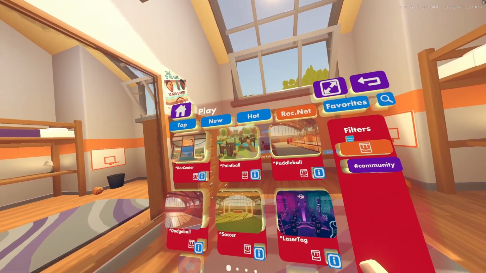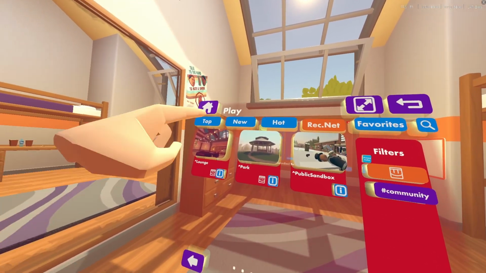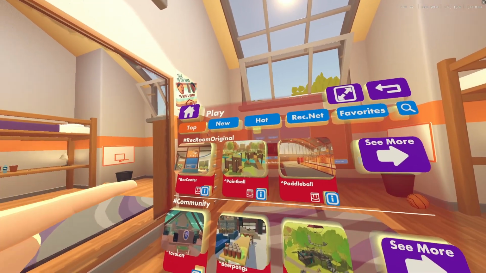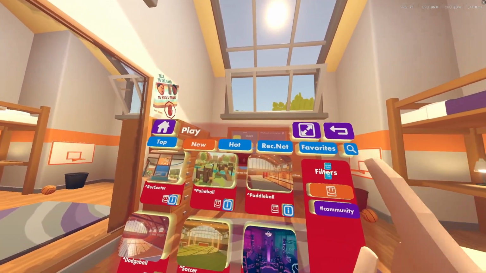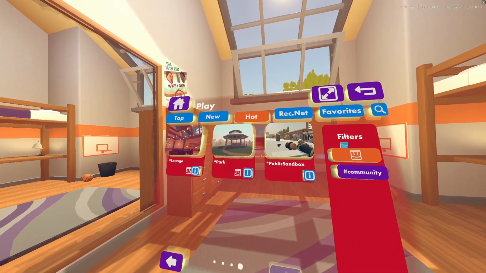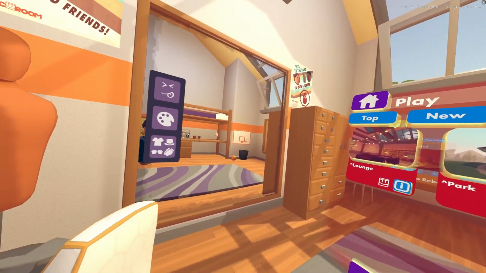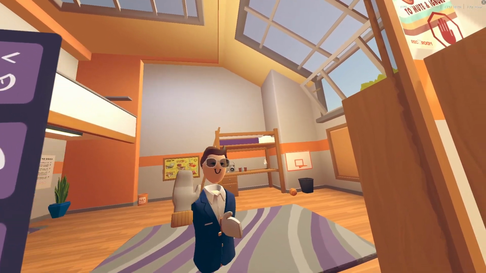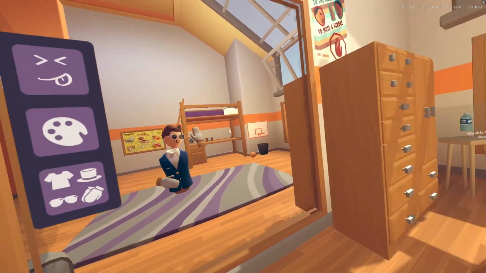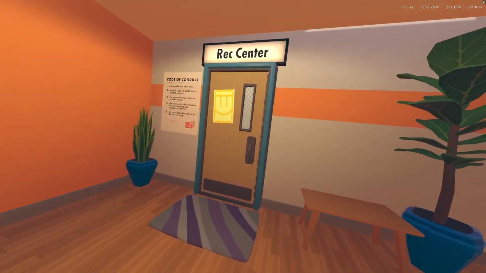So, you could even sort games by popularity on rec.net, I think, but I think that could just be the ROOs. And then you were able to visit other people's rooms. I don't know what happened to that. Yeah, public sandbox. So you could visit other people's rooms. And we'll get to room creation in the maker pen in a second, but we have one more place to go to, and that is